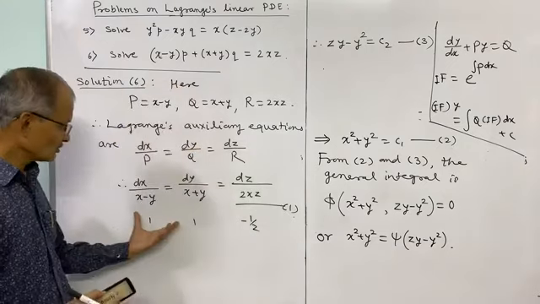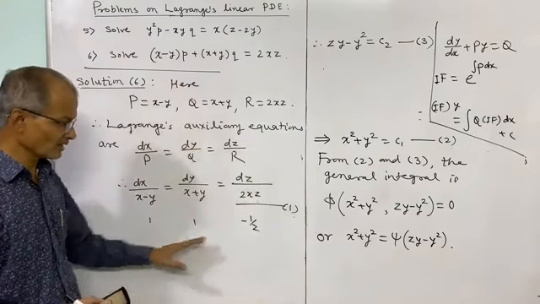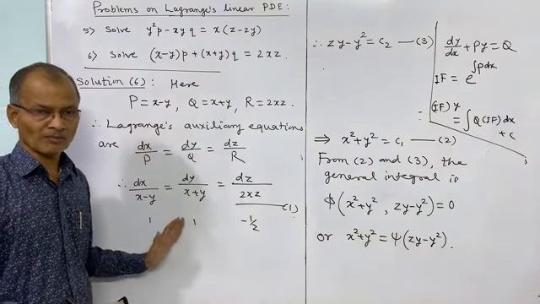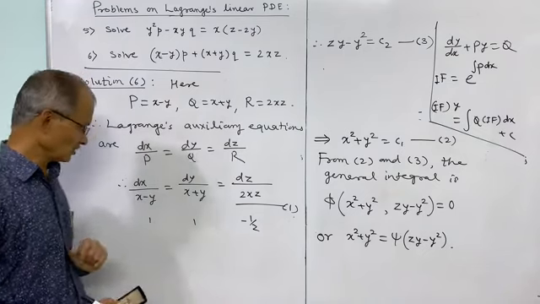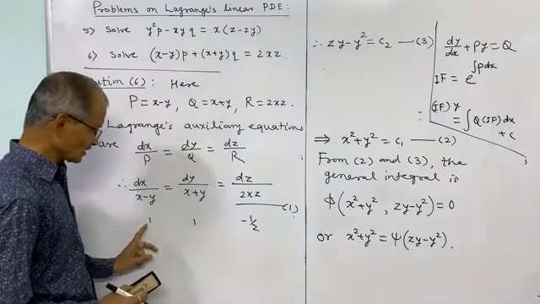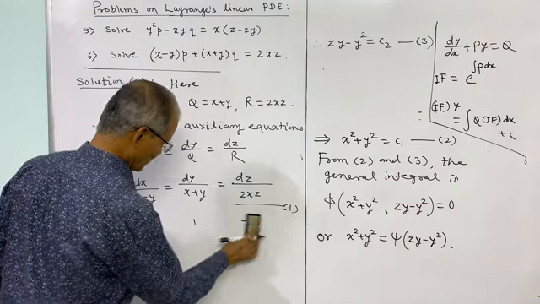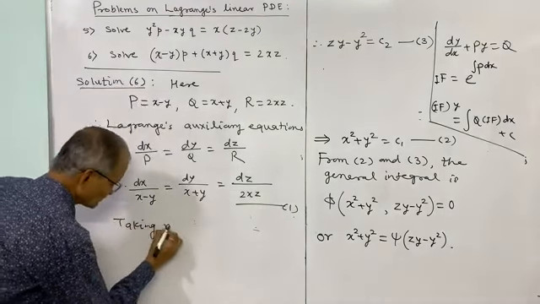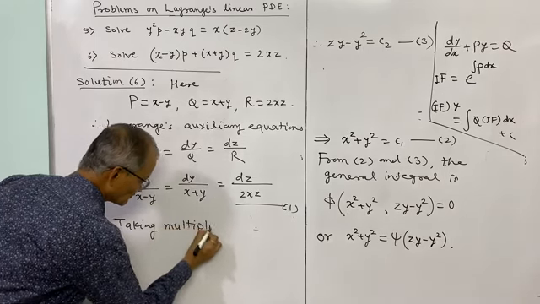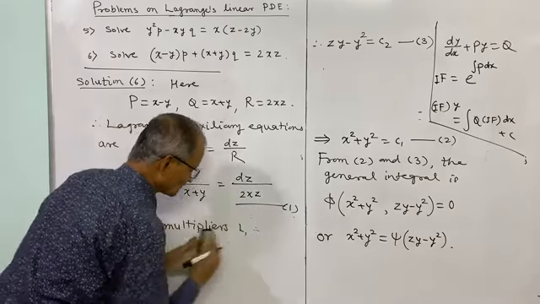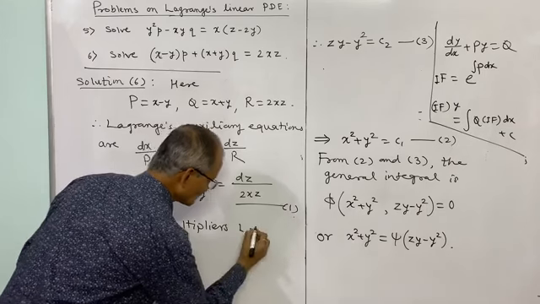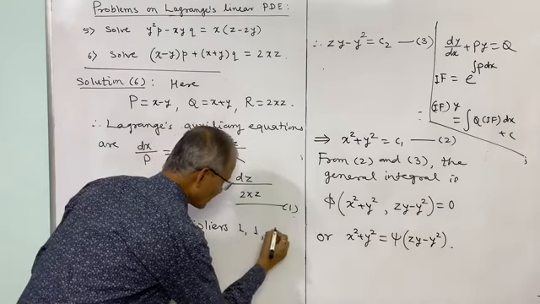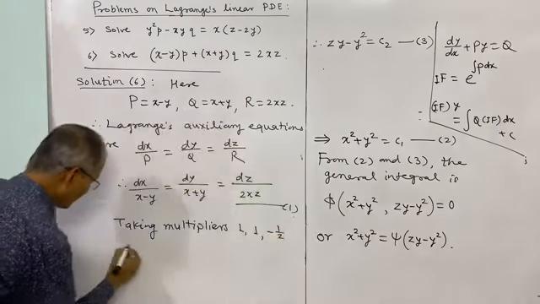negative sign. So this 2x and this negative 2x cancel and the denominator becomes 0. And whenever the denominator is 0, by property of ratio, the numerator is 0. So thus take the multipliers as 1, 1 and minus 1 by z. So first, taking multipliers 1, 1, minus 1 upon z, we get,